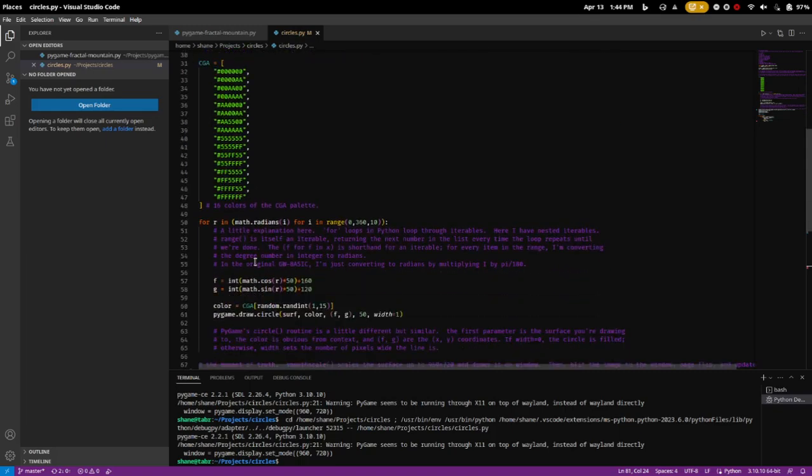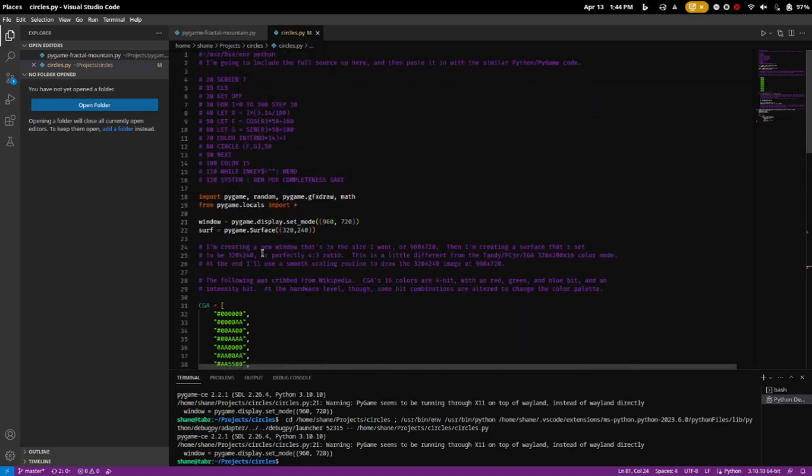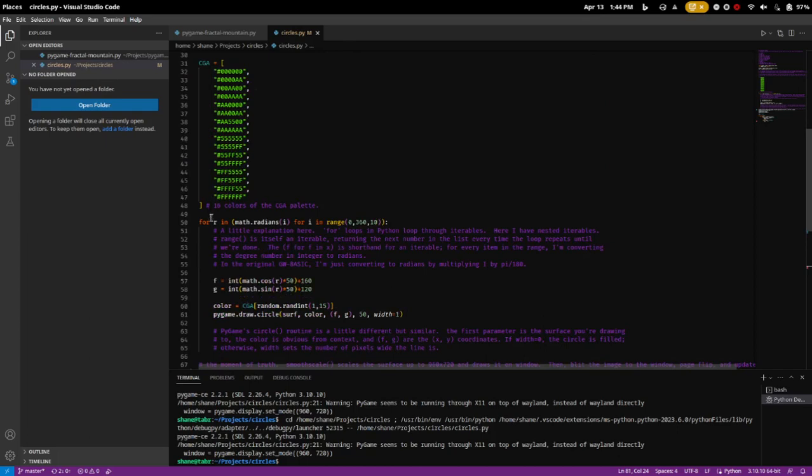So the first difference we've got here is I'm setting R in the loop. So I've got for I in range 0, 360, 10, just like in the BASIC program. And then for R is this. Now you might be wondering what's with the nested parentheses here. The outer one is